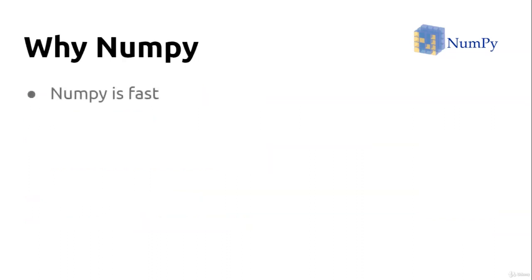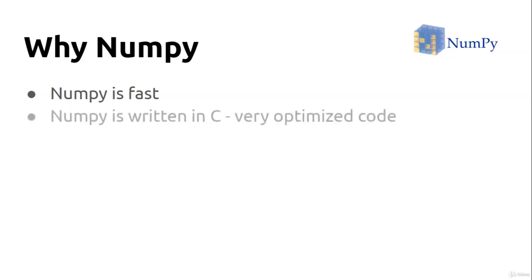First thing is NumPy is very fast. And we need a library which is super fast because we are going to use it for machine learning, extremely computational stuff. Now why is NumPy fast? Because NumPy is not completely written in Python, but it is written in C, and it is very highly optimized code. That's why all kinds of operations in NumPy are very fast compared to the Python list,